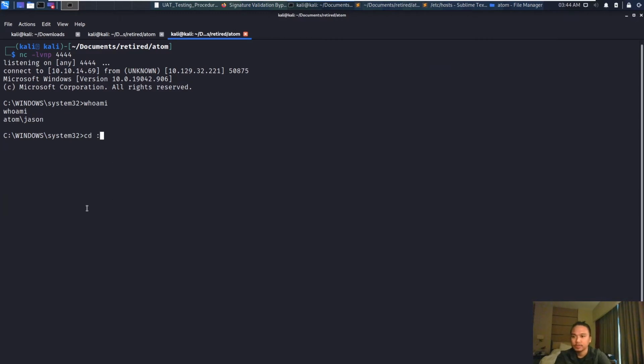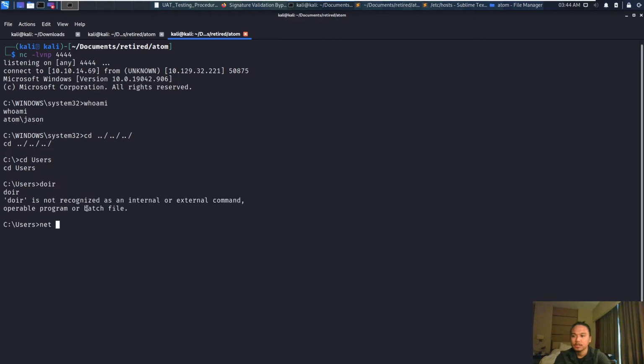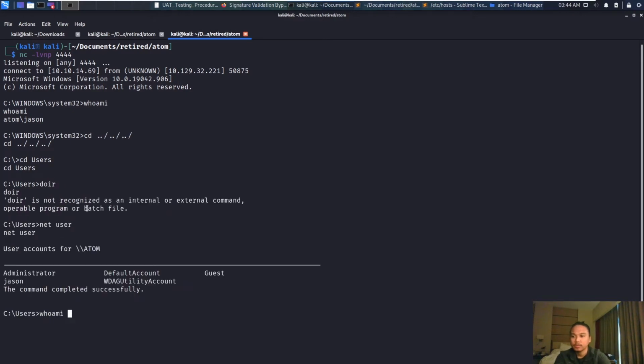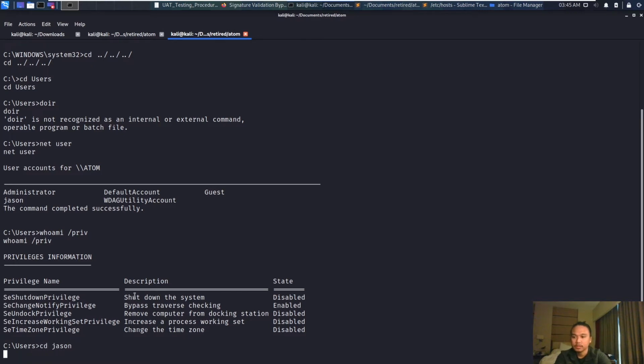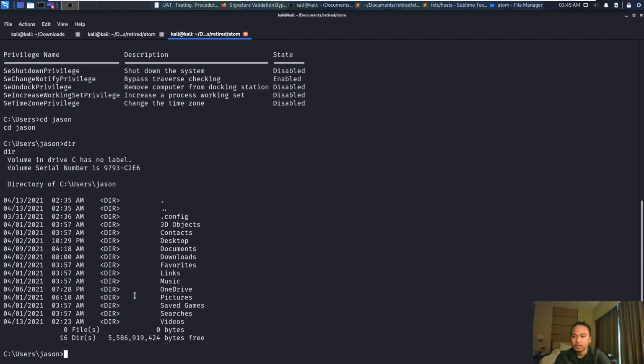Actually, you need to see that you get the user.txt user for my slash priv. So nothing really something that we can abuse here for privilege. We're not a service account. cd json, dir, so we can get the